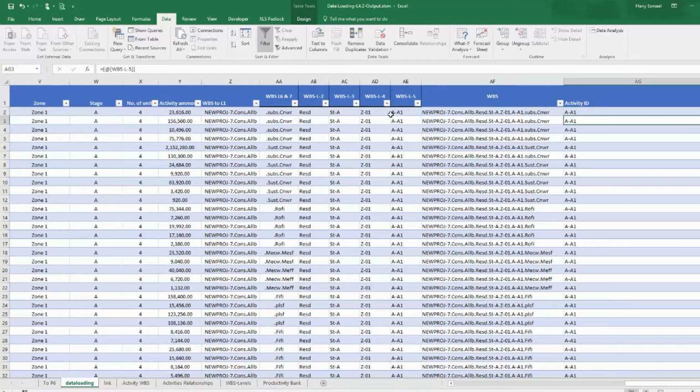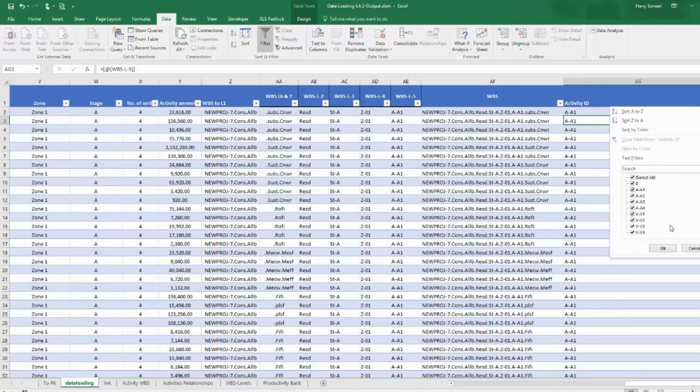But should we use it? We'll have blank rows. Yes,